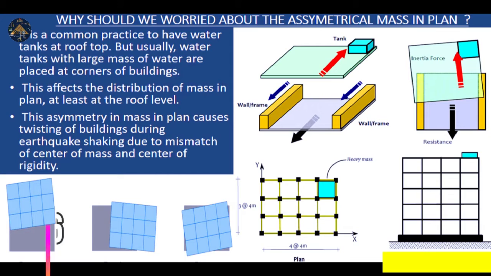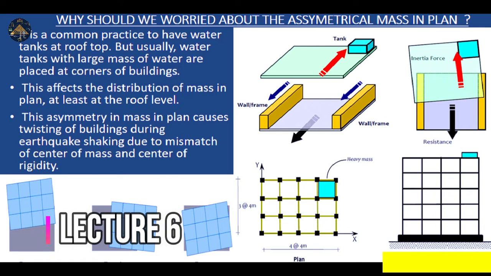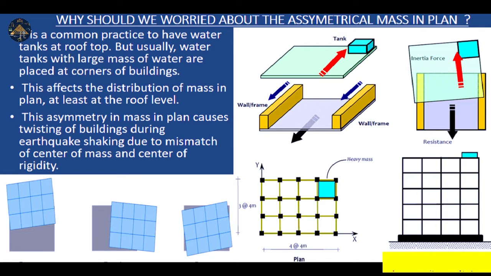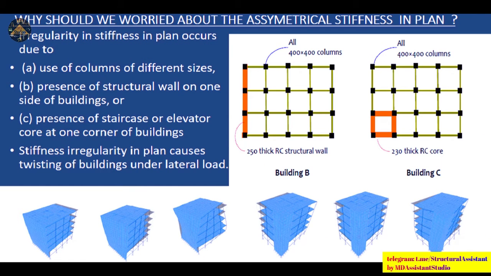After that, we need to study asymmetrical mass. Basically, what an asymmetrical mass does is that it alters the behavior of the building under the forces. In most cases, this asymmetrical mass is applied by the water tank on the rooftop. In most residential buildings, the tank is not placed in the middle of the building, it is placed on the side of the building. So the mass for the earthquake becomes asymmetrical.